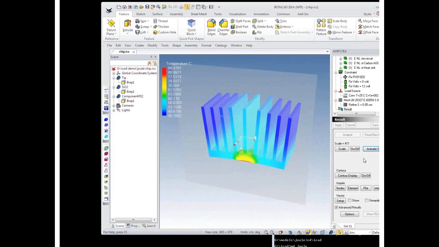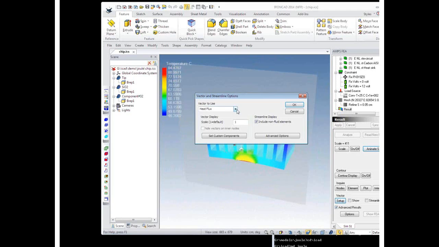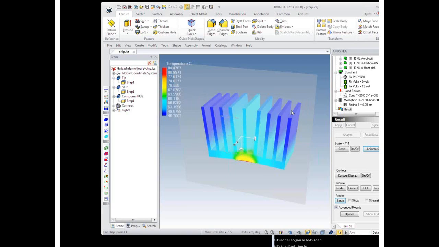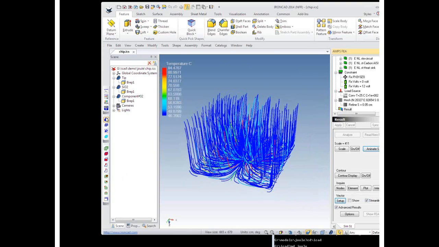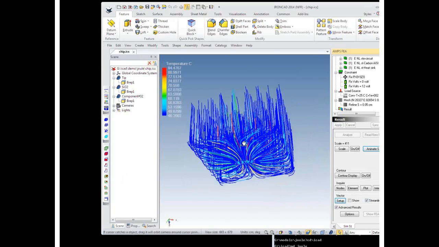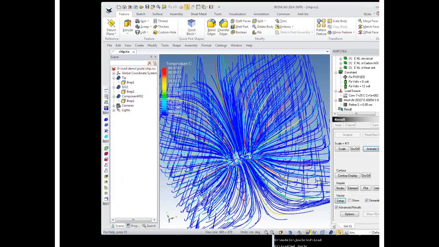Let me show you what other interesting thing you can do. We can see the heat flow. There is a vector plot or streamline plot available, depending on the physics that you have. So let's plot a streamline. Let me turn off this, turn on the cutting plane, and turn up the model. So this is the heat flow of how the system